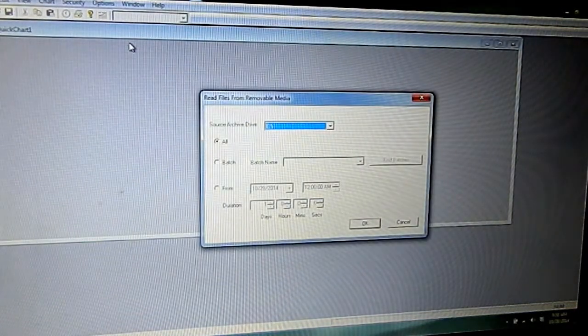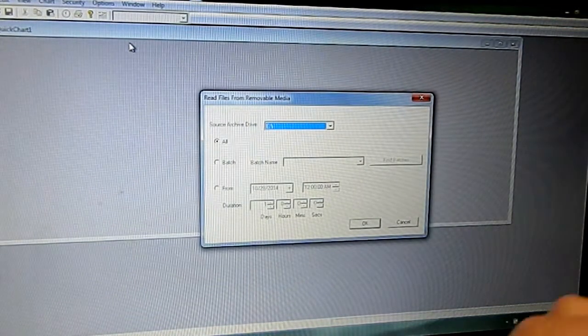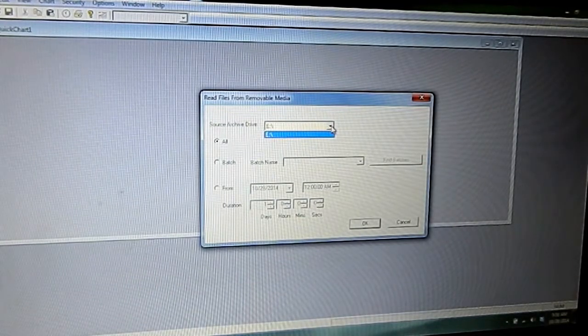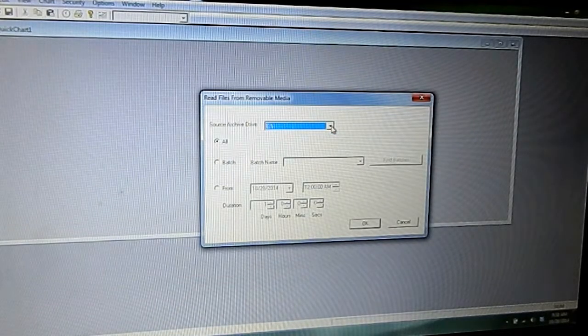You come up to the upper left-hand part of your screen, and it says File, so we'll click on File. We will select New Quickchart, and then slide down and click from Removable Media. At that point, a window opens up where you can select not your destination, but your source. In this case, I've only got one in here, so it is drive E. If you come down, you can click OK,